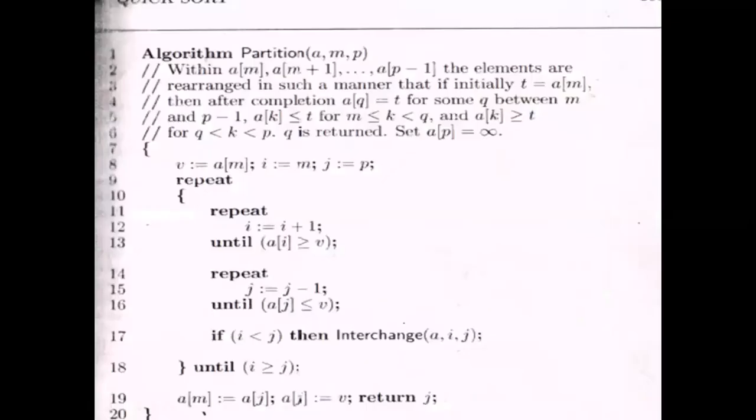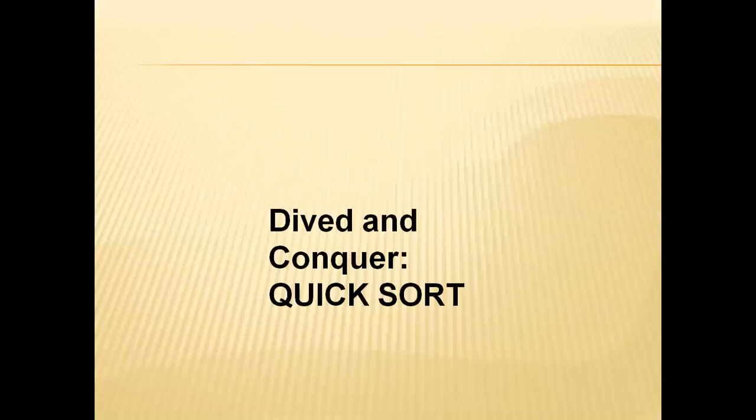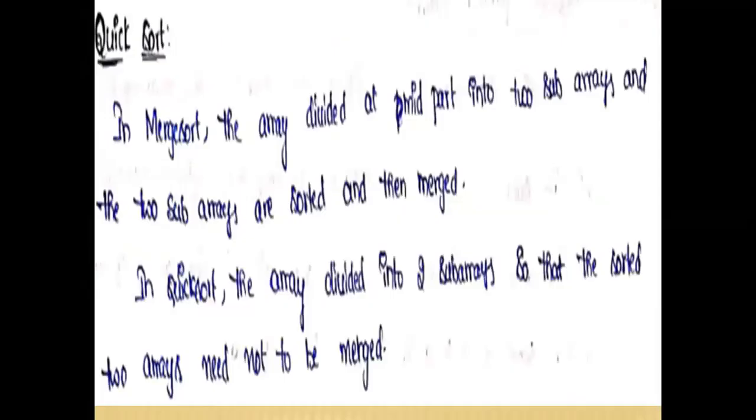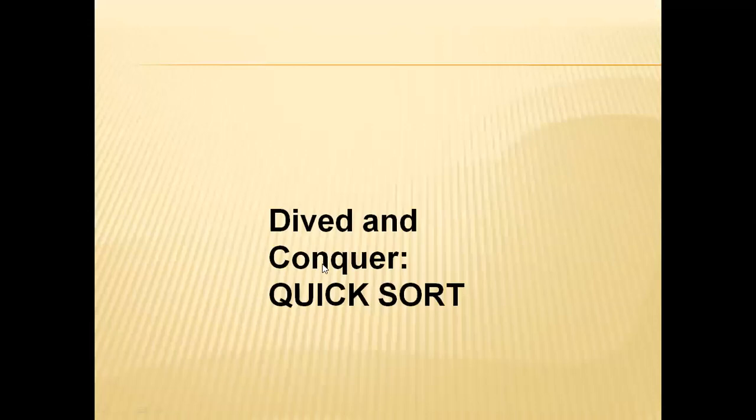The second unit's last topic: there are only five topics in the second unit. It is the divide and conquer method. In the divide and conquer method, in all the problems, the problem is divided into subproblems. Suppose in merge sort, the array is divided into two subarrays; in quicksort, same, the array is divided into two subarrays. That is divide and conquer. Next, in binary search, by comparing the middle element, the problem is reduced to a subproblem.